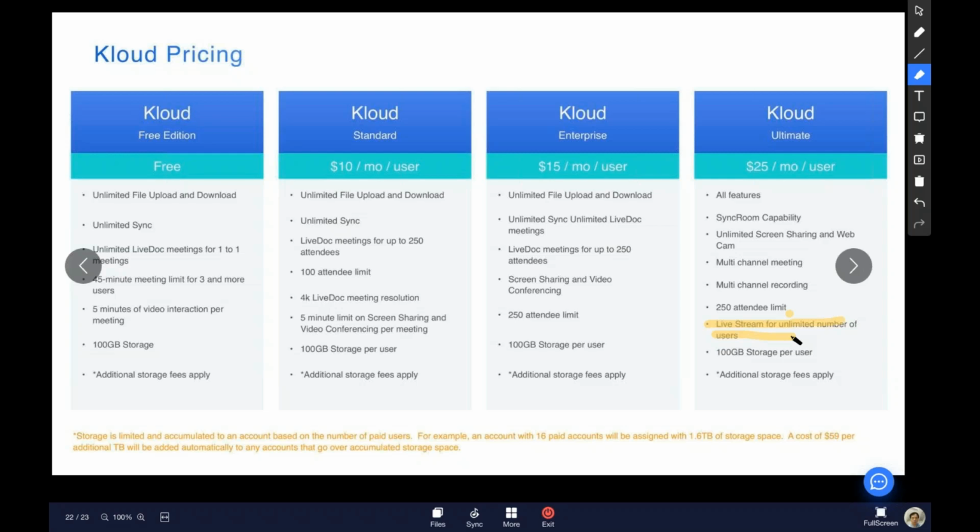Maybe you will be hosting a user conference due to the coronavirus, but your user conference could be up to millions of users or 100,000 users. A live stream is designed for you to achieve that without worrying about the hardware scalability. And maybe for your marketing purpose, you want to live broadcast your one-to-one or one-to-many meetings, or in the Kloud